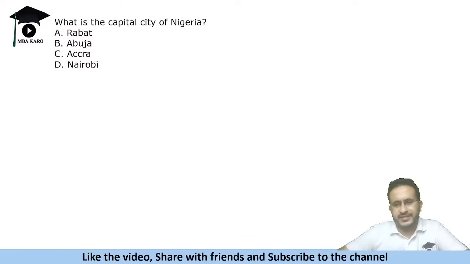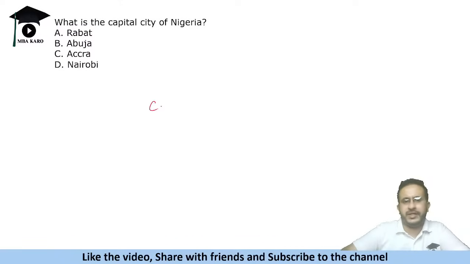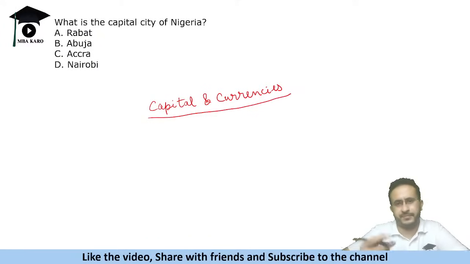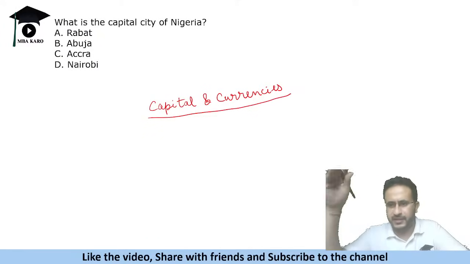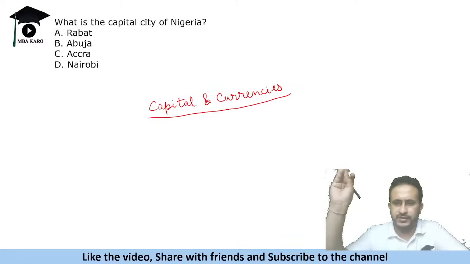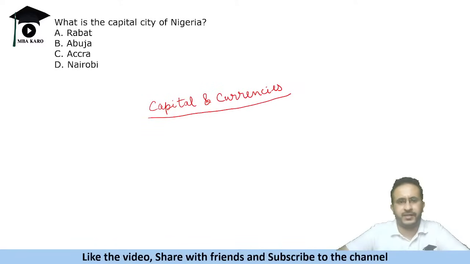So what I would suggest is, go through the capitals also. Okay, another topic is capital and currency. I have not taken a specific quiz on capitals and currencies. Okay, read up on capitals and currencies. You will get a list. Just in Wikipedia itself you will get the list.